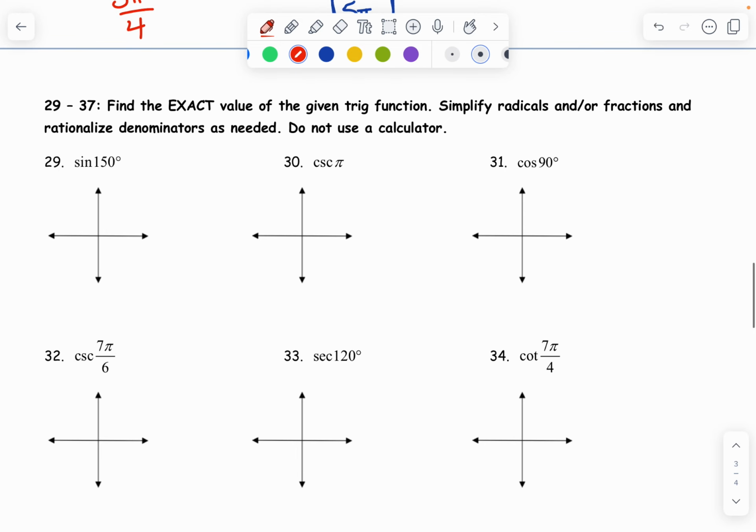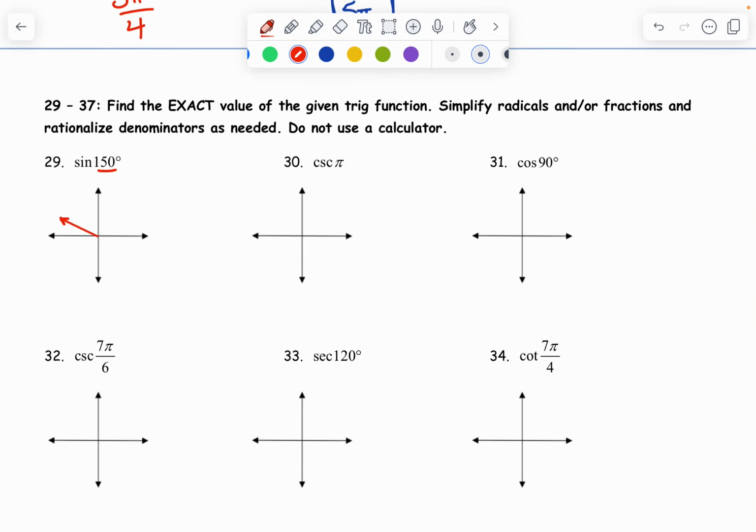All right, for 29 through 37, we're doing the exact value. So you're going to need your special right triangles for this. We need to simplify and rationalize anything, and we're going to do it all without a calculator. So to start with, I like to, for practice, go ahead and just mark all these out. Like this first one, 150 degrees, that's over here